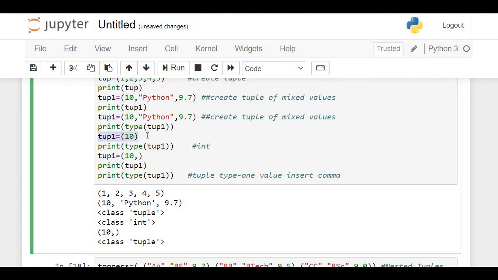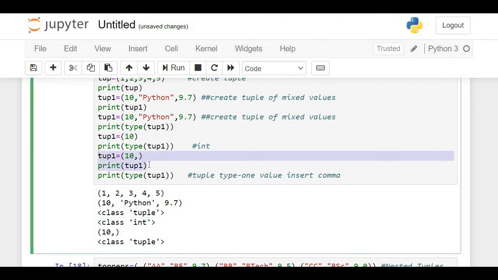And this is another statement where you are giving some value within the parenthesis, and in this case only one element 10 is given. This element will not get stored as a tuple, whereas it will be stored as an integer. This is the output of this corresponding statement. In the sense, if you give only one value within the parenthesis, that will not be treated as a tuple, rather it will be treated as an integer object.